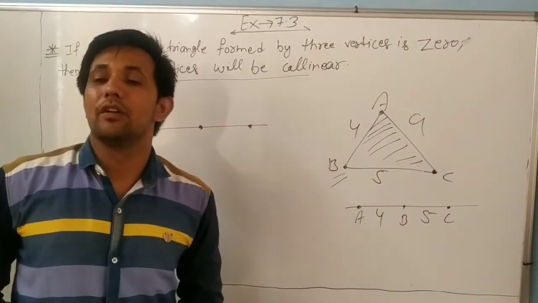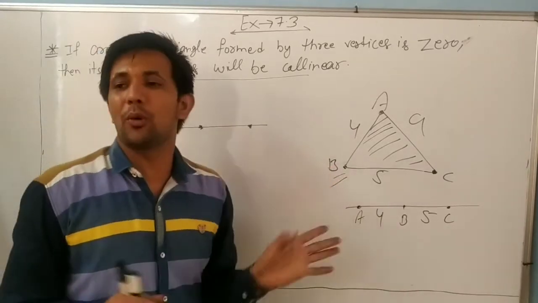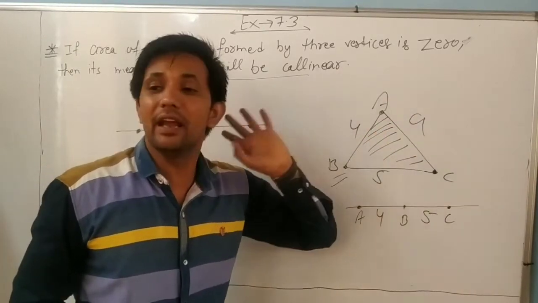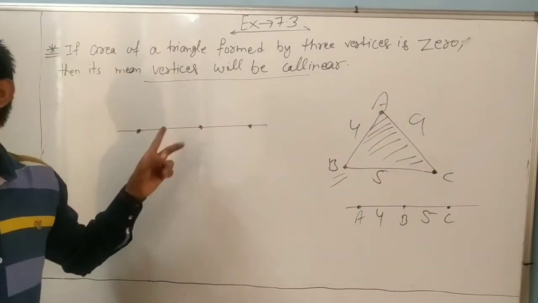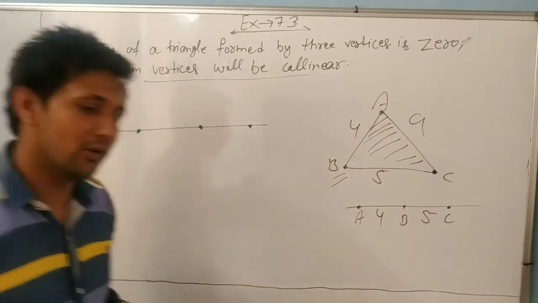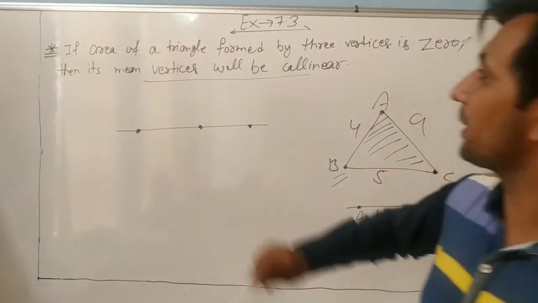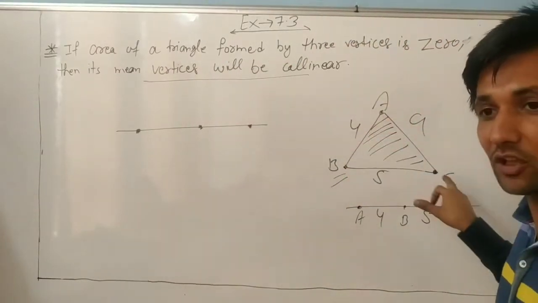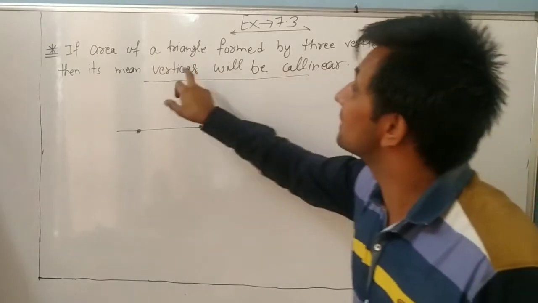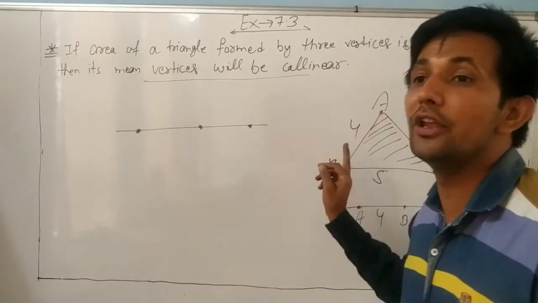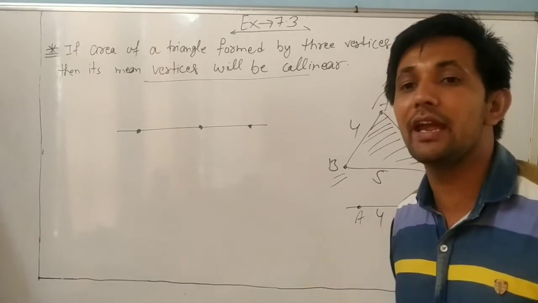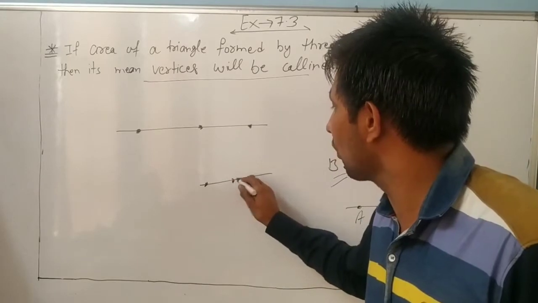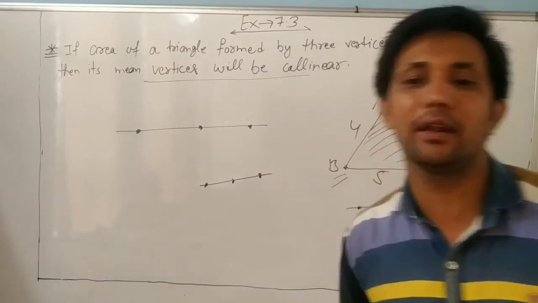Okay, and if you don't know whether points are collinear or not, and you use the triangle formula and find the area is 0, it means the points are collinear. Okay, note down this point. So always remember, dear, if the area of a triangle formed by the 3 vertices is 0, then the vertices are collinear. So we cannot make a triangle. It's not a triangle. It means all 3 points are in one line. Okay dear, note it down.